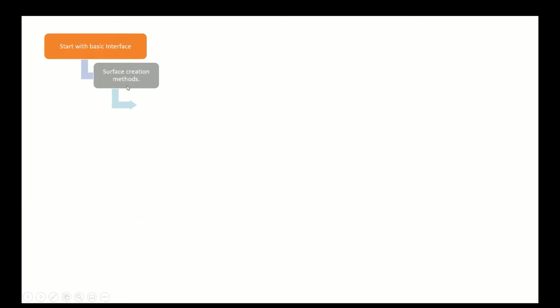Once you learn the surface creation methods, you have to make modifications to a surface. Modifications means clipping. Sometimes you may not need the entire terrain portion. You need only some part, to reduce the load on the file or to give exact quantities. Clipping and combining, you should be aware of all those things.